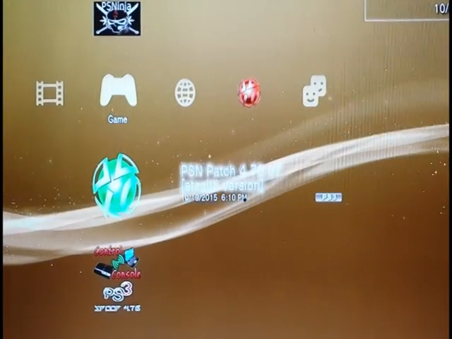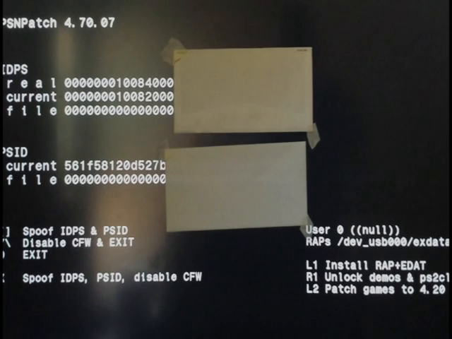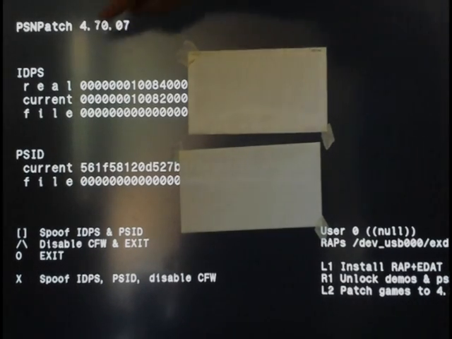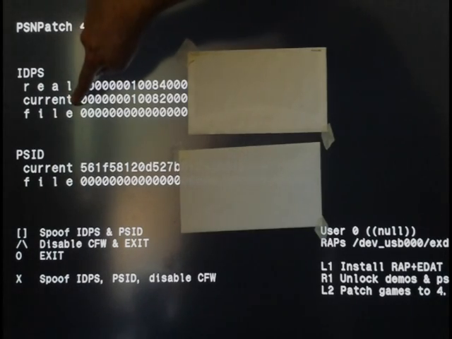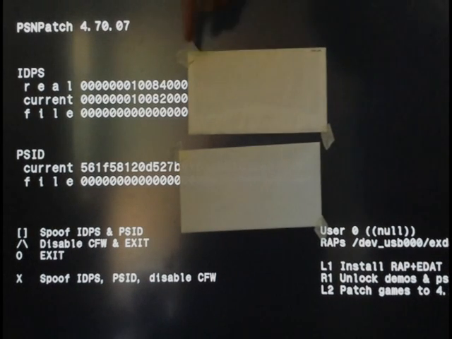Go down to your PSN Stealth Patch and open that up. Okay, we are back. Now, all you need to be concerned about, let me turn this just a little bit, is your IPDS. Now, this is your EID 5 chip, this is your 0 chip, then it typically spoofs it to 32 zeros. Now, these numbers never change. These are the same on all console IDs. You have 7 zeros,